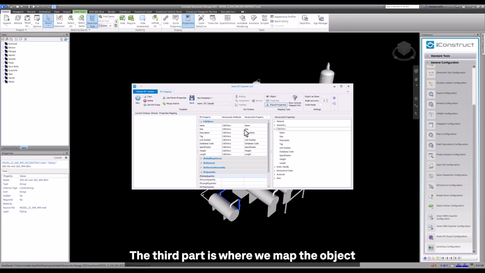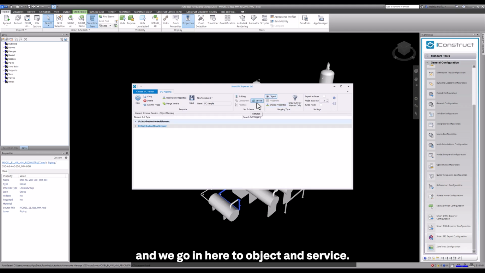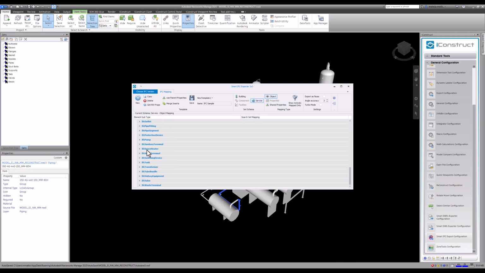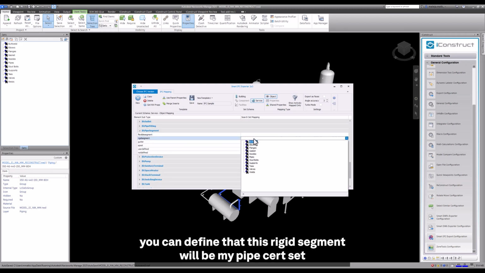The third part is where we map the object, and we're going here to Object and Service. And in my example, I'm searching for piping segment. From the drop-down, you can define that this rigid segment will be my pipe search set, or it could also